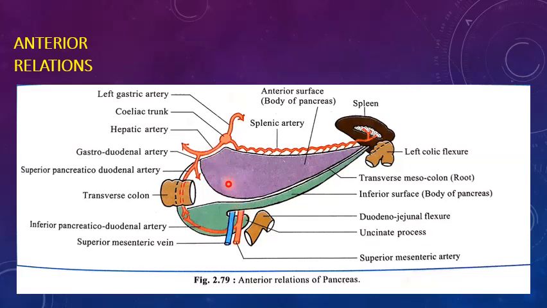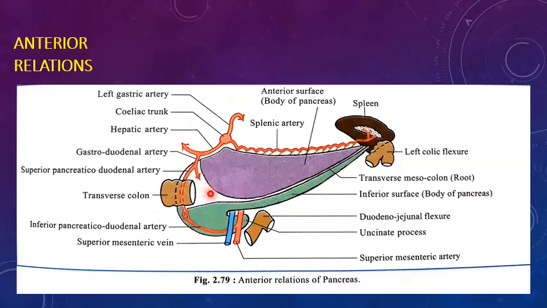So it is separated from the neck by, in this upper part we are seeing a groove for gastroduodenal artery. This one is the gastroduodenal artery. Yes, this is what I was telling about in the earlier slide. So this marks the junction between the head and the neck. So this is gastroduodenal artery.